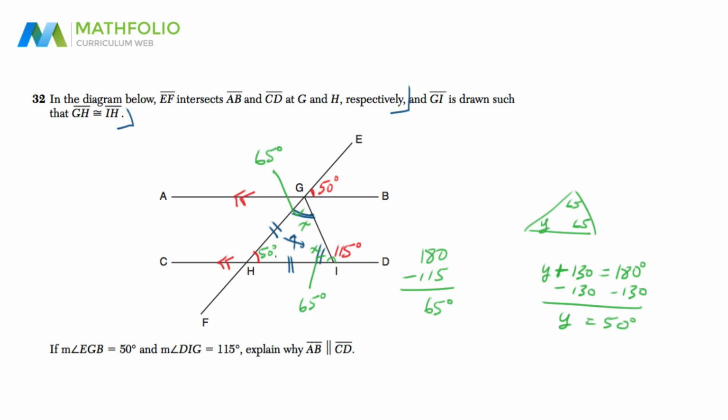So because this GHI angle is 50, and because the corresponding angle EGB is 50, that's the reason why we know these two lines are parallel, because corresponding angles with these lines and the transversal are both congruent. Now, we did a lot of work to explain it, but we should use some words as well. So we can say they are parallel because